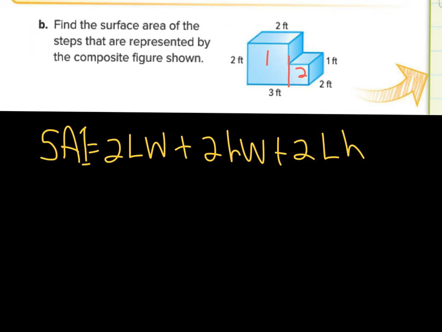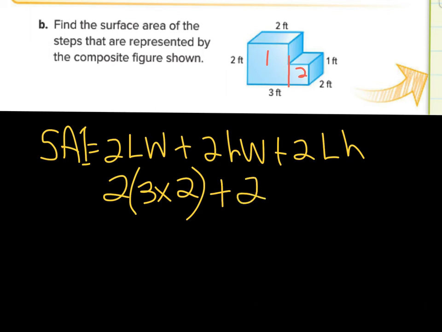So when we replace the length right here, we put 3. When we replace the width, going backwards, we put the 2, right? And then we have to multiply that times 2, obviously, because we have the front and the back of it, right? And now we're going to add